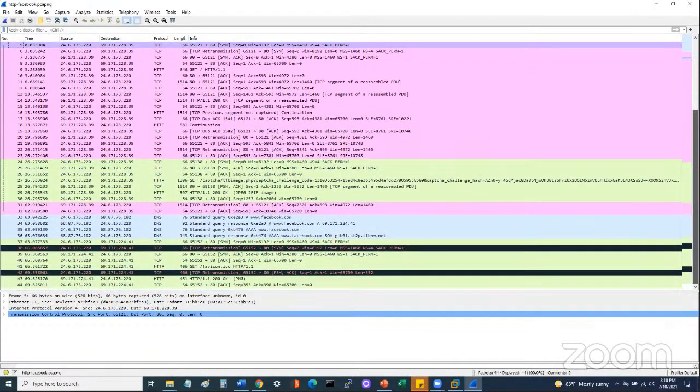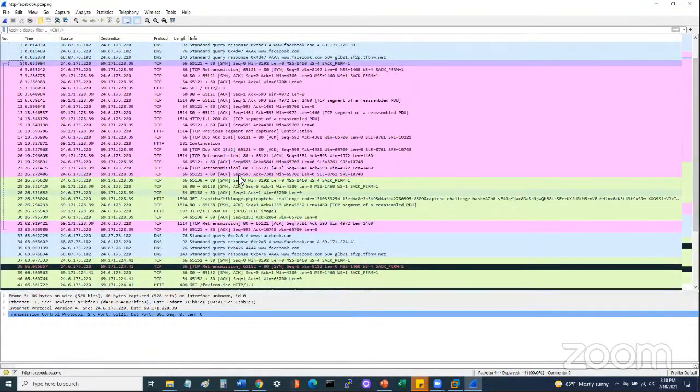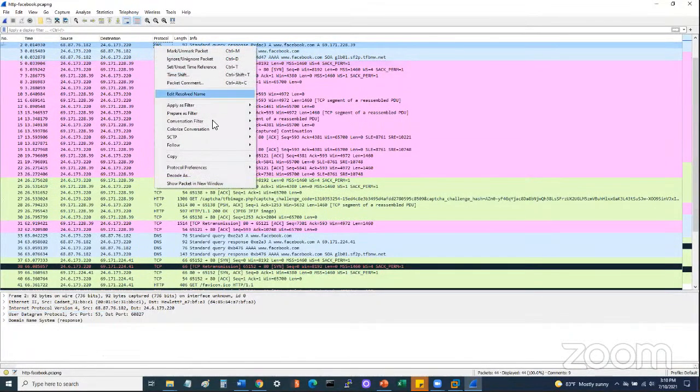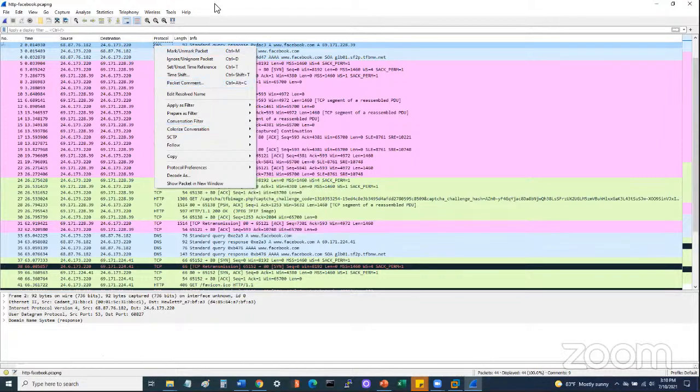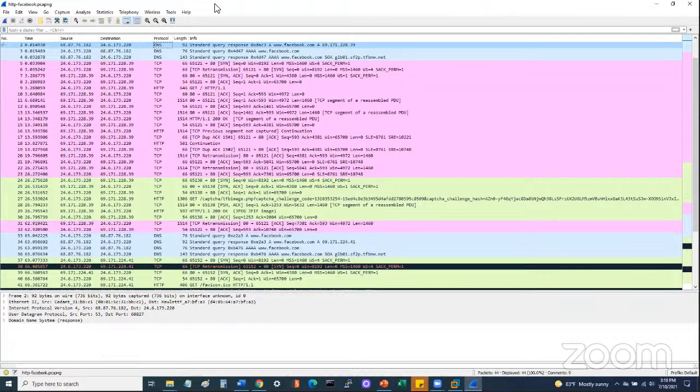So there are different colors set up by default, but you can also set up your own coloring rules. If you wanted to, you could colorize the conversation, or you could say, hey, I don't want to see DNS as blue, I want to see DNS as something else. And that'll save within your personal configuration files.